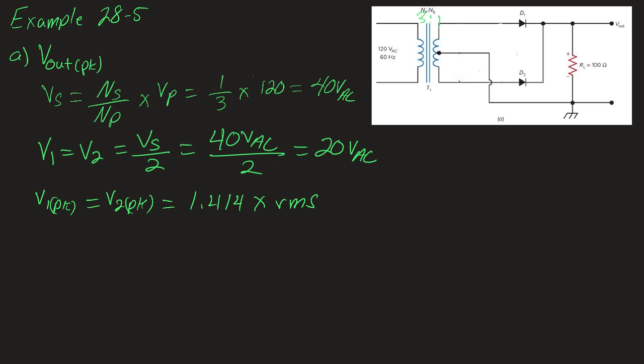And normally whatever's on your print, like this 120 volts AC, that's going to be an RMS voltage. So we've got 1.414 times our 20 volts AC, and that's going to give us 28.28